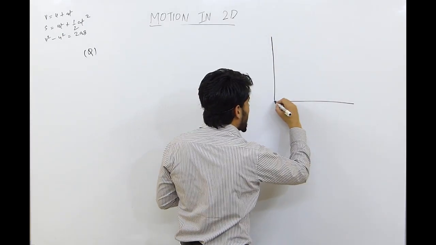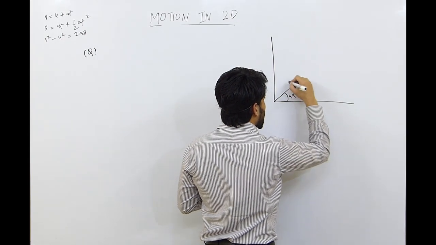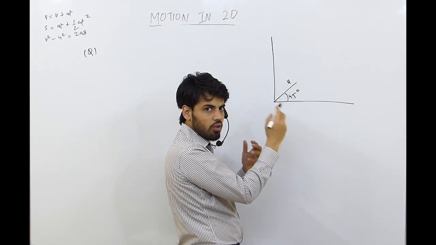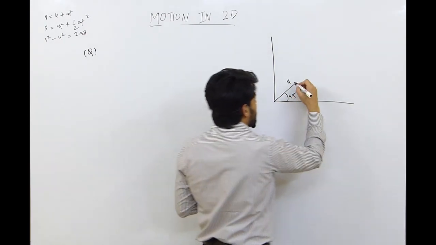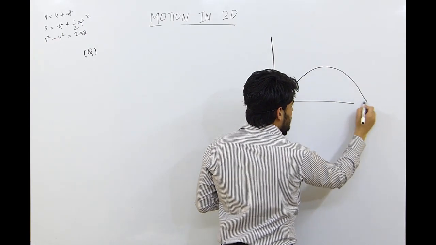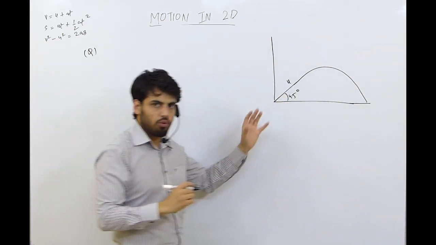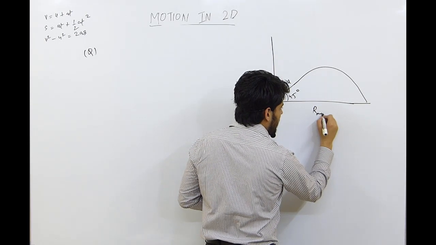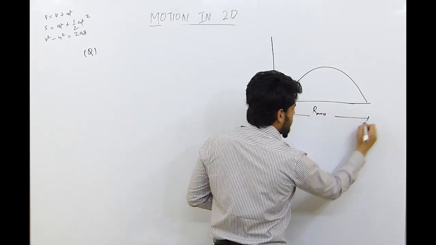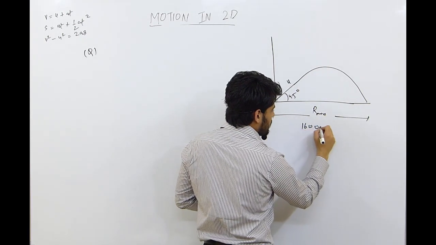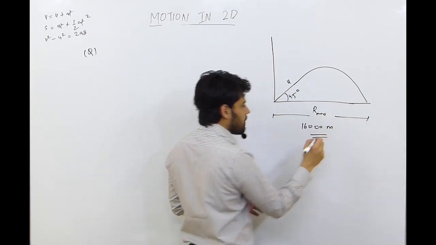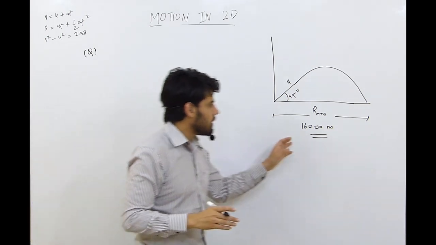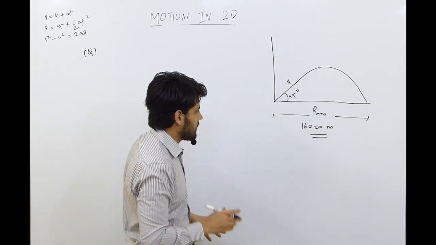So we have to fire a bullet at an angle of 45 degrees with the velocity of u. This u is the initial velocity of a shell or a bullet. We have to fire the bullet as a projectile to attain the maximum range. Don't confuse this. So R maximum is given as 16 kilometers, meaning 16,000 meters. We have to convert this into meters because we are taking g as 10 meters per second square.